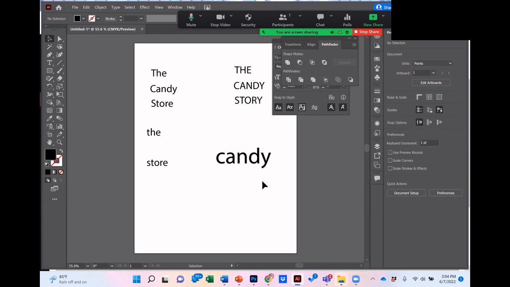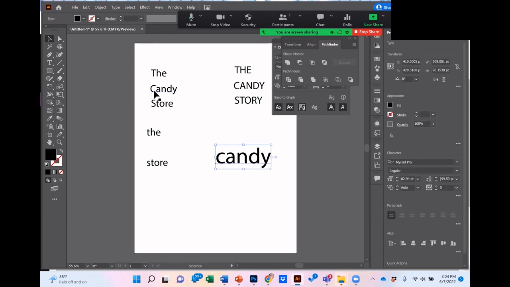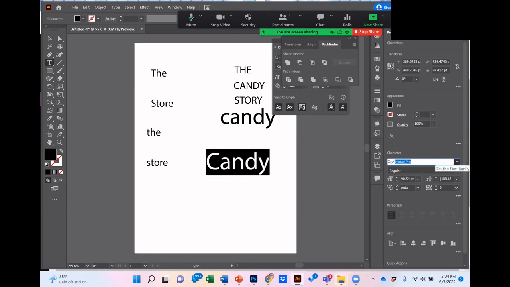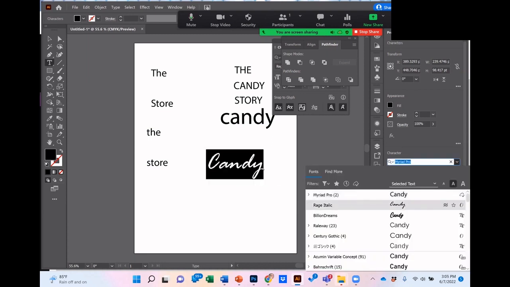So I would probably want to put this in perhaps a script font. Script fonts cannot be all caps because they look really weird in all caps. Script fonts are meant to look like handwriting in a certain way. So the first letter can be a cap. So now I'm going to just highlight and go to my fonts,